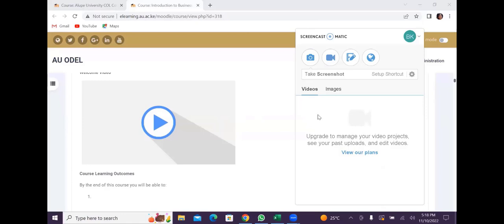So for this particular session of the tutorial, I'll start with the point at which you've already installed the ScreencastOmatic and you now want to record. So once you load the ScreencastOmatic, this is how it looks. I hope we are all able to see it on my screen. So there's take a screenshot, then there's launch recorder, then there's project manager, then there is uploads. I'm going to focus on this one,